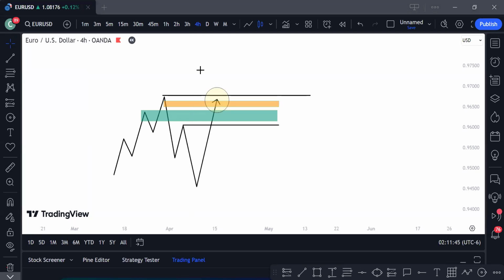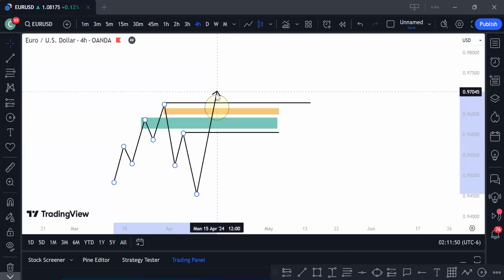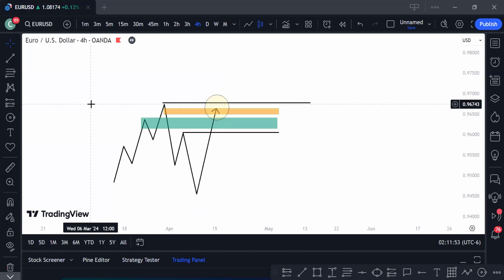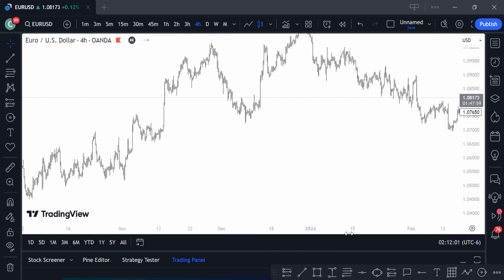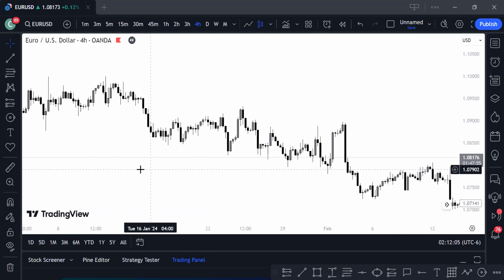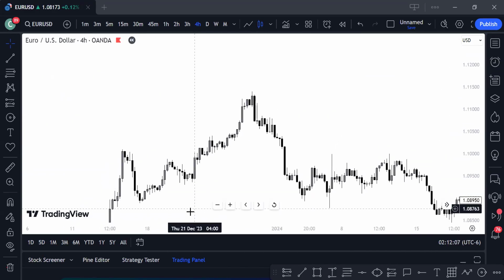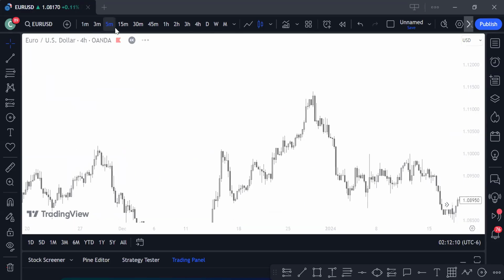Do you have a fixed place you put your stop loss? No. Before price even hits my stop loss here, I would have already been out of the trade, because on any slight retracement, price is not supposed to go above my confirmation candle. Let me show you the types of confirmation candle. Let me show you examples of the confirmation candles. Let's go to the 5 minutes time frame. We'll see better there.